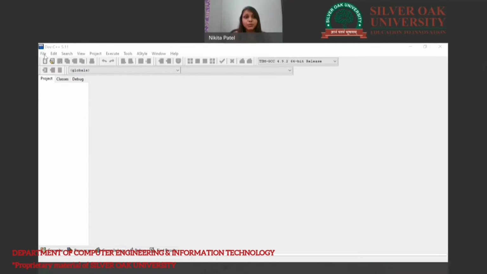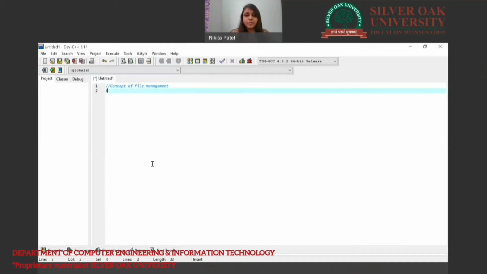So this one is the Dev C++ IDE. Go to File, New, Source File. We will understand the concept of file management. First is to include the header file.